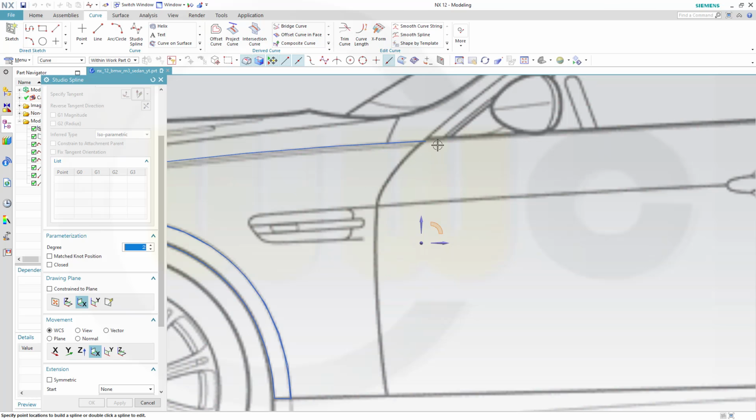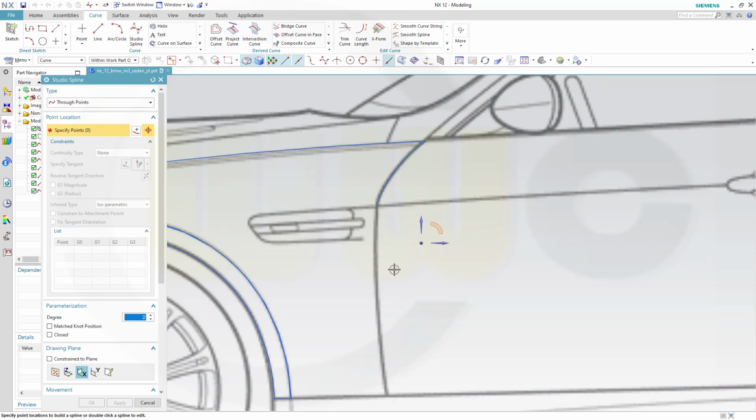And then in this view you're on that point. Let's go here and maybe add just another one and apply. Then I want to start at that endpoint and go in that direction up to this point here. And okay,